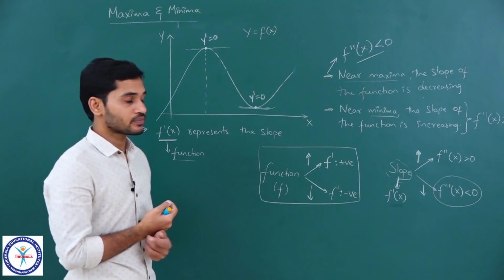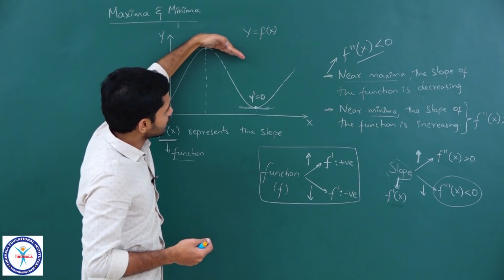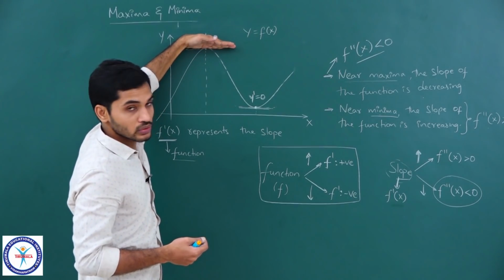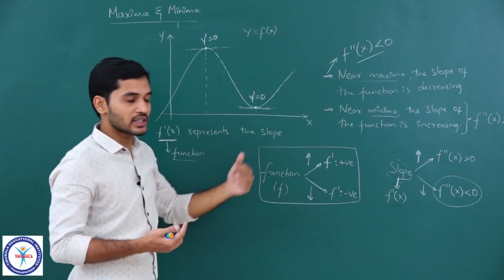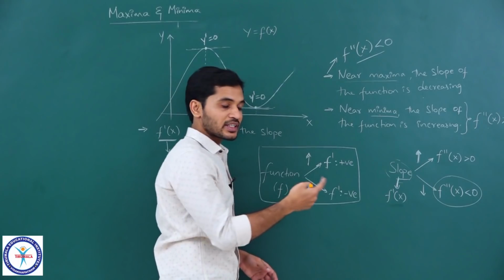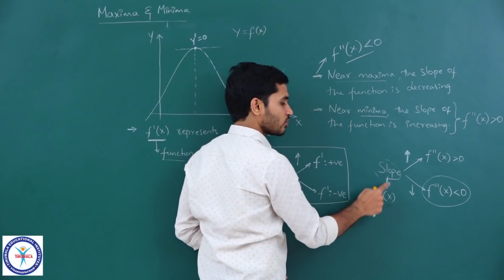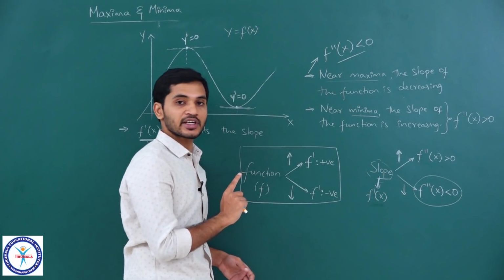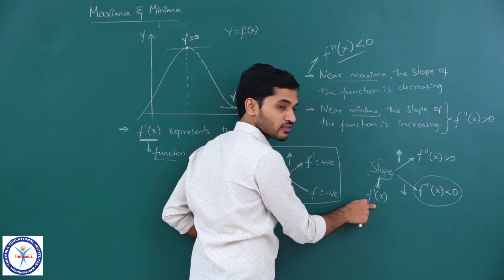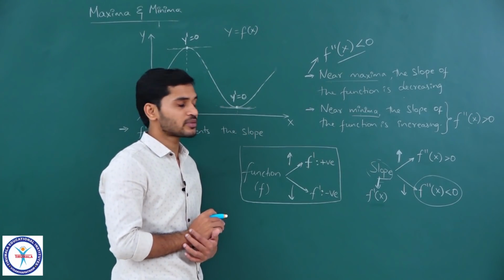And why are we getting that? Because at maxima, if you see, slope is decreasing. 5, 4, 3, 2, 1, 0, minus 1, minus 2, minus 3. So, that is how we understood. So, at maxima, the slope is decreasing. So, when is slope decreasing? Slope will decrease if the derivative of slope is negative. What is derivative of slope? Slope already means f dash of x. What is derivative of that? F double dash of x, clear. So, that is the concept, students.